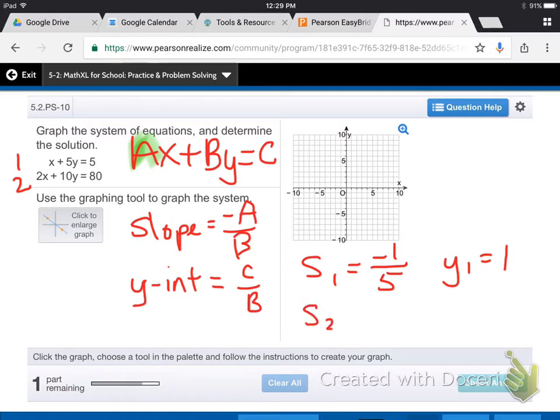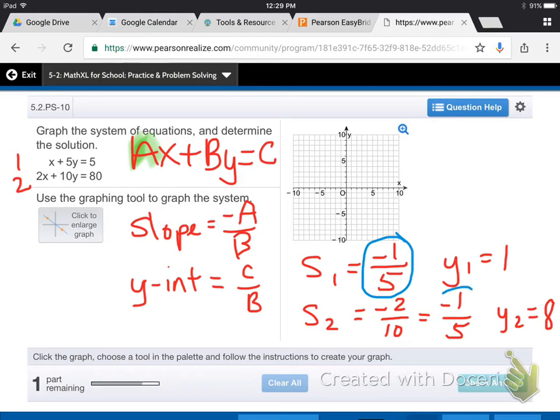And the slope of equation 2 is negative a over b, which is negative 2 over 10, which if you reduce that is negative 1 over 5, just like equation 1. And the y-intercept of equation 2 is c over b, which is 80 over 10, which is just 8. So you can see that what we have here is a situation where we have the same exact slopes, but we have